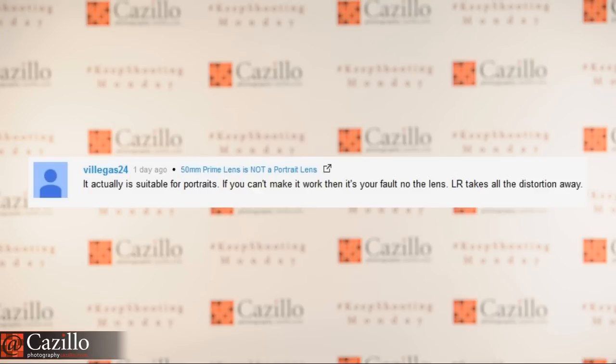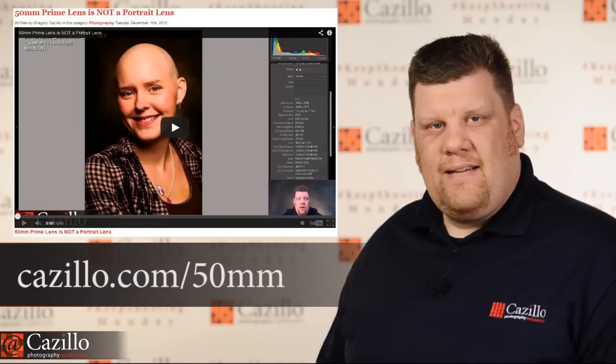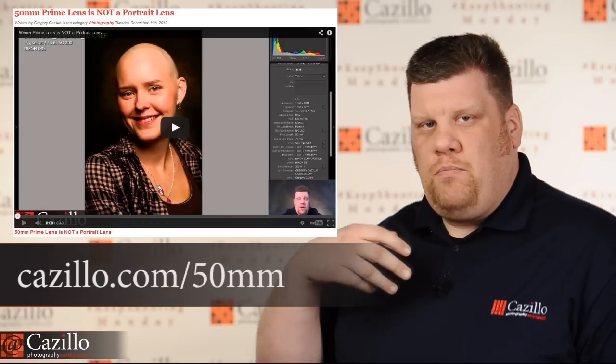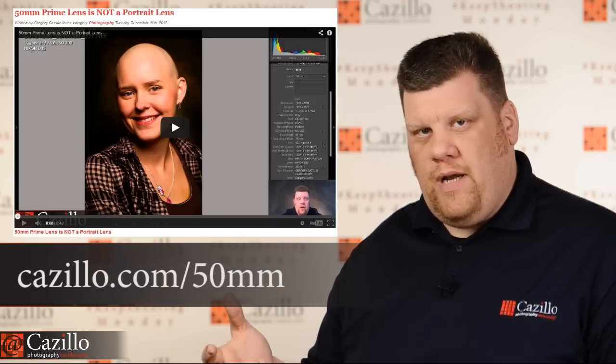Comment: my 50mm prime lens is not a portrait lens. It actually is suitable for portraits. If you can't make it work, then it's your fault, not the lens. LR takes all the distortion away. Couple problems with this comment. Number one, it seems the person just wants to place the blame back on someone else, saying you're using the equipment wrong,